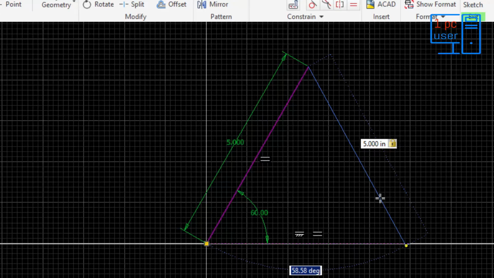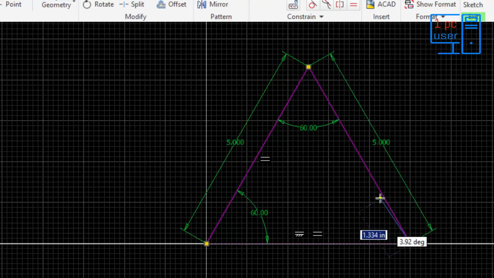It measures angles with the line which we drew last time. It doesn't use absolute coordinate system. If we use absolute coordinate system, then angle would be minus 60, but right now we can give angle 60. Now I will simply press enter.